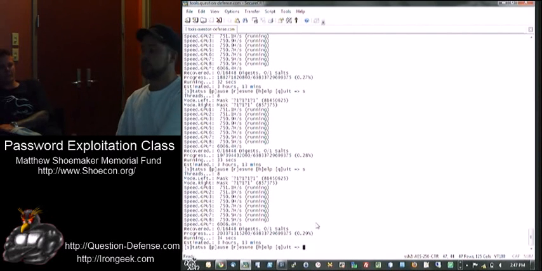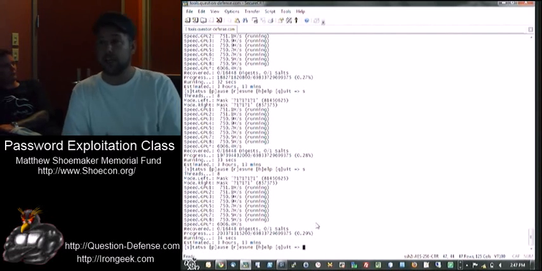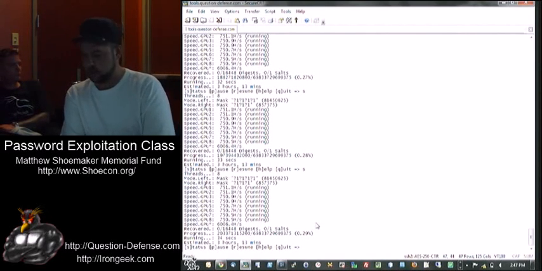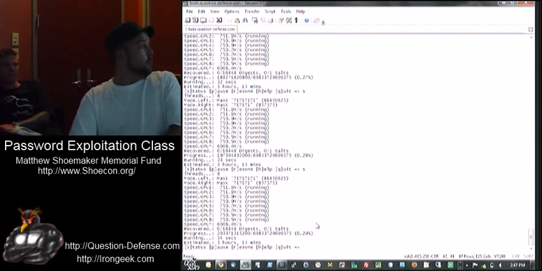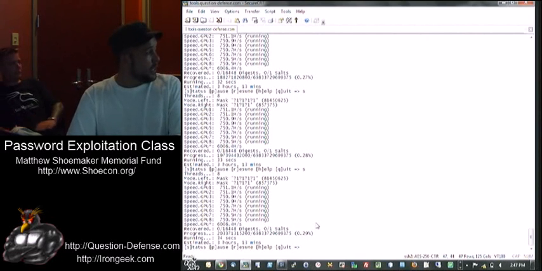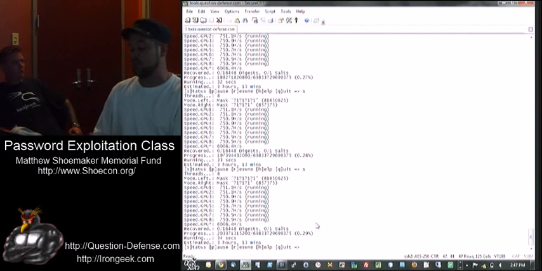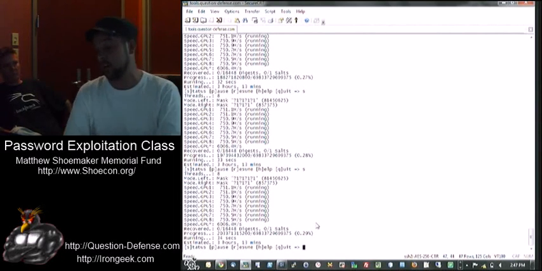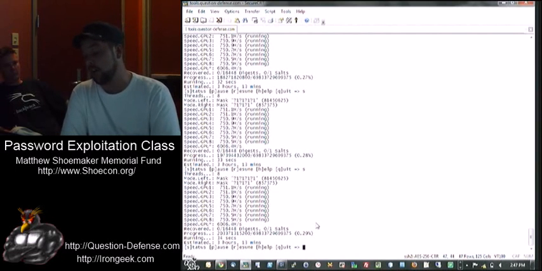When I first started using it, I was like, this is so complex that it's going to take too much to learn. I'd rather just throw something in and brute force it and be done with it. I'm not somebody who cracks passwords on a daily basis. But it's really great because it shows you that the pattern matching, the rule sets, the dictionaries you use, the real world scenarios, that's really where you're going to be able to crack the most passwords.